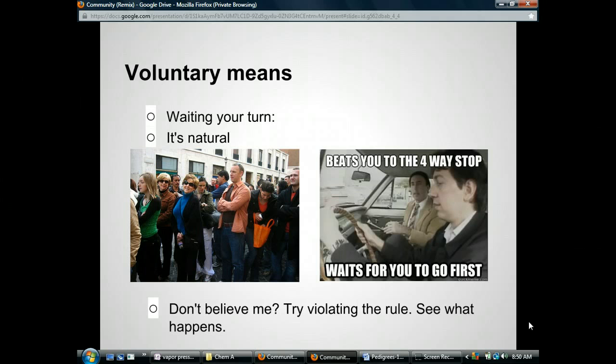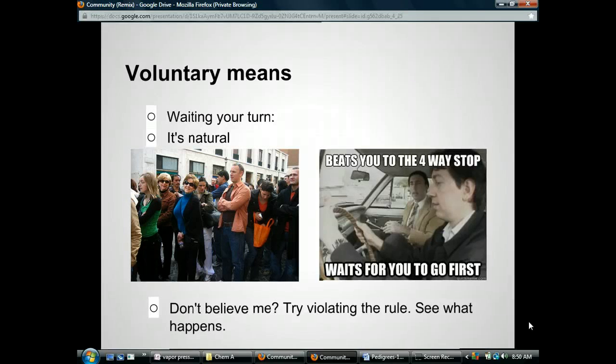Now, by the way, this is a good example to point out that not everybody follows these rules, right? That's not what I'm saying. What I'm saying is that these are natural rules that make things work smoothly and peacefully. There are countries of the world where I'm told a lot of people don't follow these rules. And what it leads to is chaos. People don't follow the rule of waiting in line. People are always jostling and cutting in front. It creates chaos. This is a little more confusing, right? You're at a four-way stop, who goes first? But obviously it's irritating if you've been waiting there a while and some guy just pulls up and pulls right through, right? Sometimes it's not entirely clear who's supposed to go, but usually it is.